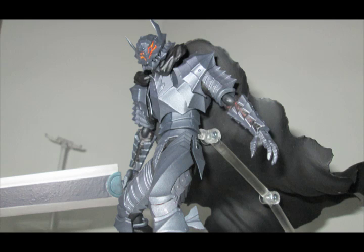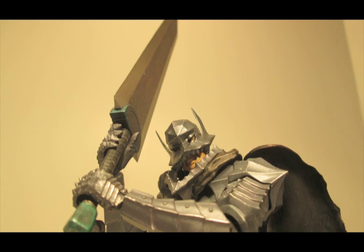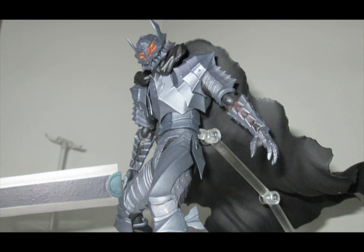There's not a whole lot of paint apps other than at the eyes and Guts' face for the alternate head, and on the forearms there's some paint application, but this really doesn't need it because the majority of it is armor and cape, so you only really need one color scheme. The plastic they use works really well in giving off that medieval metallic look, light bounces off of it pretty well, and you can see all the shaping and the metal plating that they sculpted onto the figure,